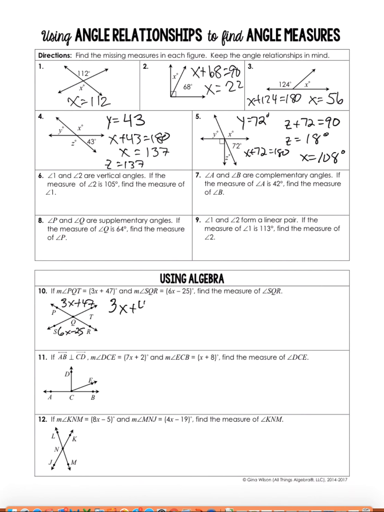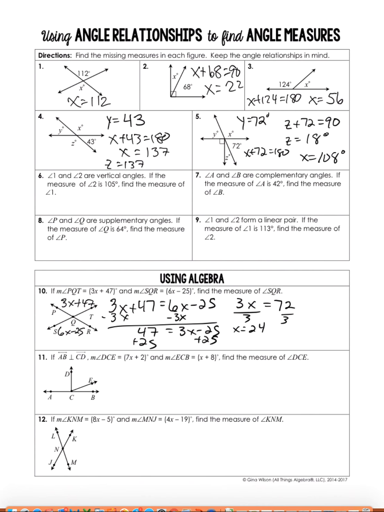3x plus 47 equals 6x minus 25. So then I'm going to solve that. First I'm going to subtract 3x. 47 equals 3x minus 25. Add 25. 3x equals 72. Divide by 3. X equals 24. Okay, but I'm not done yet because remember in geometry we have to go back and read